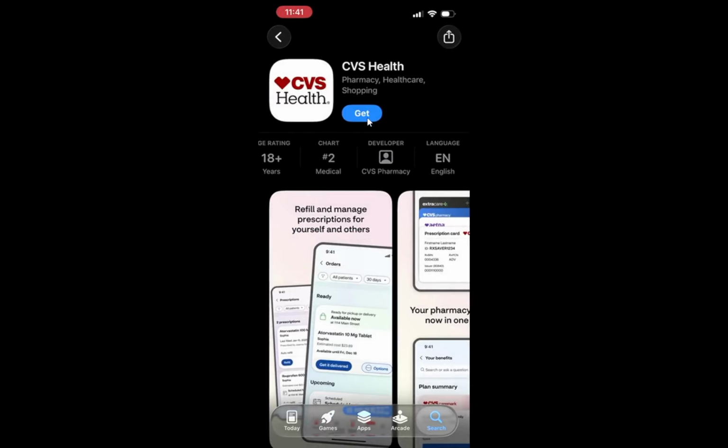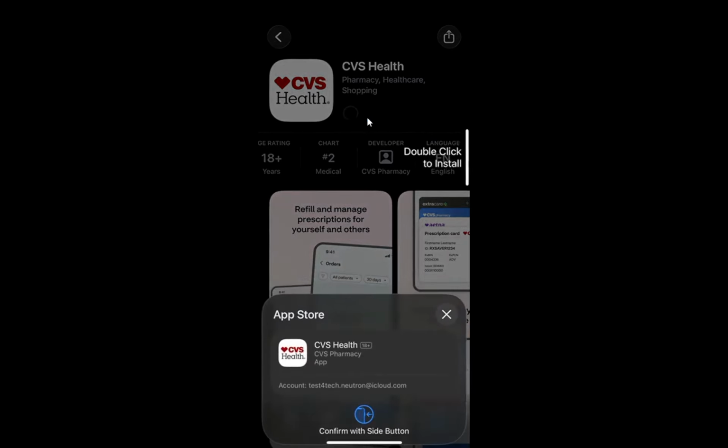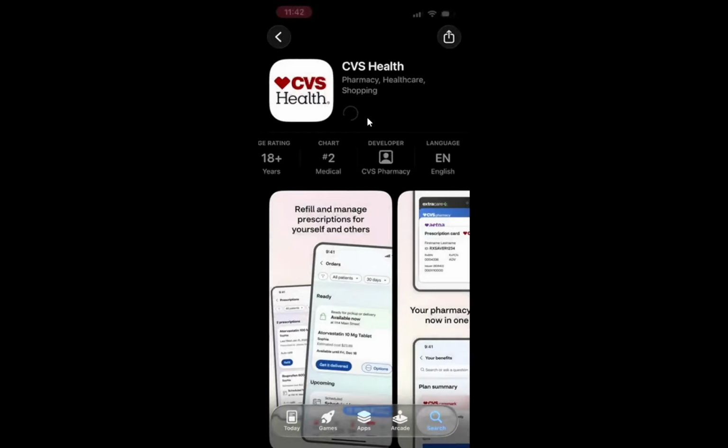That opens the app's detail page, where you can see the logo, screenshots, a short description, and reviews. Seeing the Install button on Android or the Get button on iPhone confirms you are on the main download page. From there, tap Install on Android or tap Get on iPhone to start downloading the app. On an iPhone, you may be asked to confirm with Face ID, Touch ID, or your Apple ID password. On Android, the download usually begins right away, and you will see a progress bar appear.